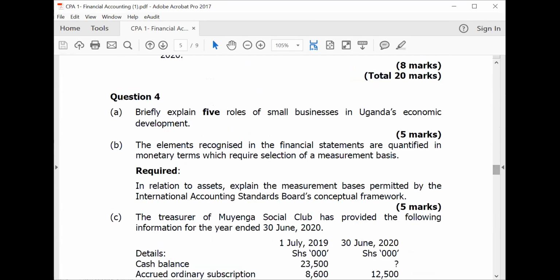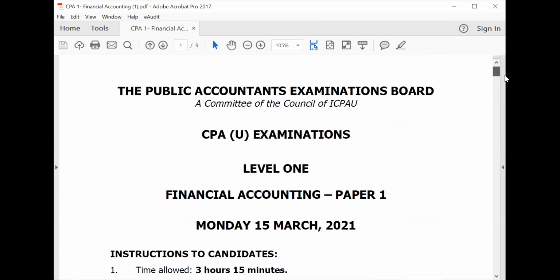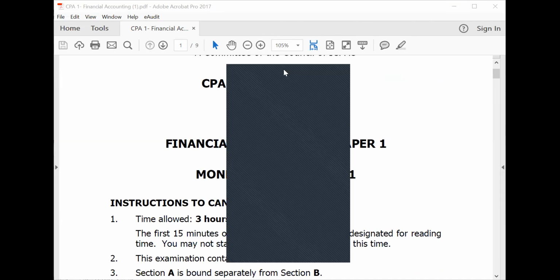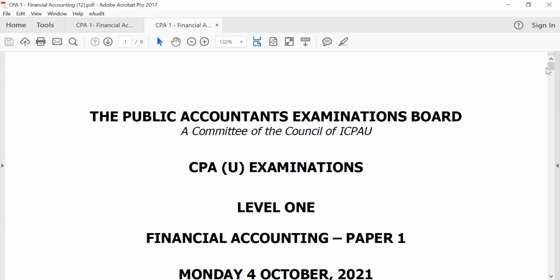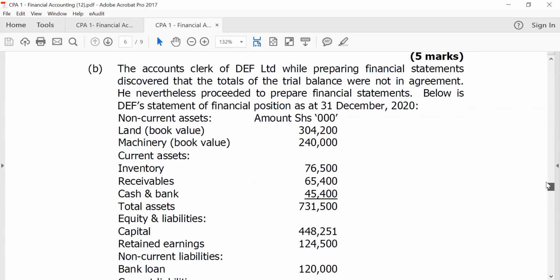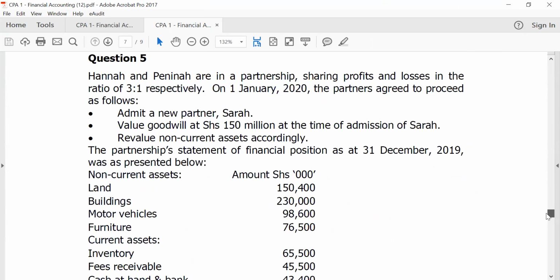Did I get it wrongly? Was it October 2021? This is March, sorry. I think I opened the one for March. Okay, yeah, so I believe we are here, October